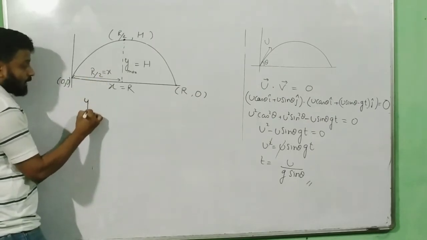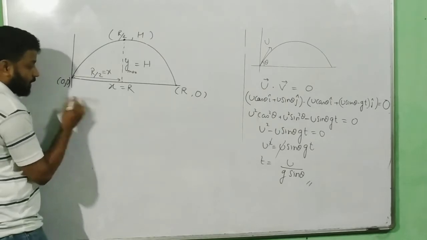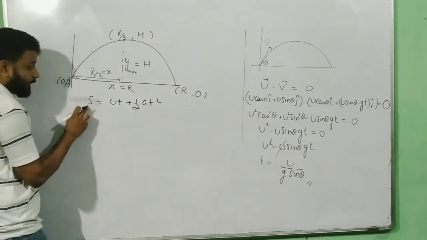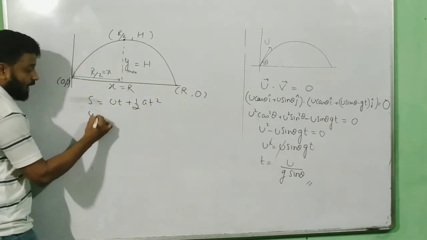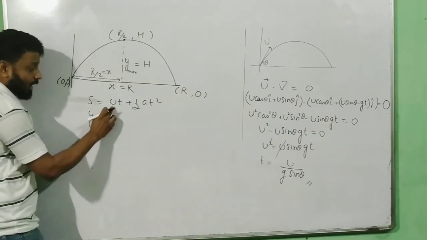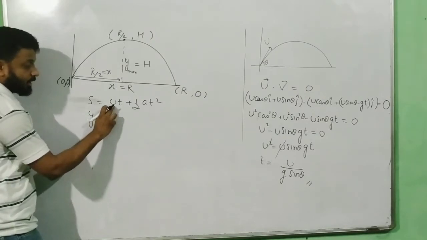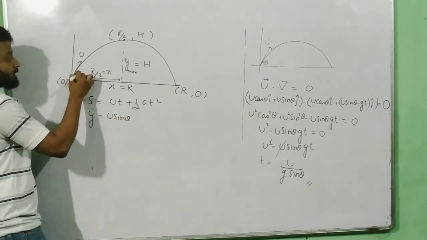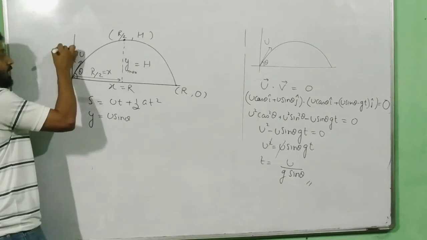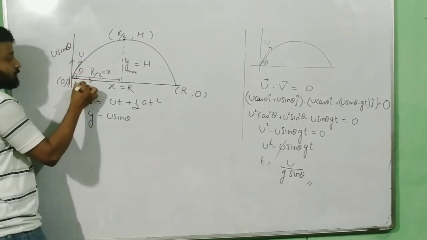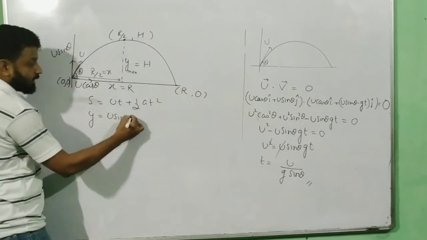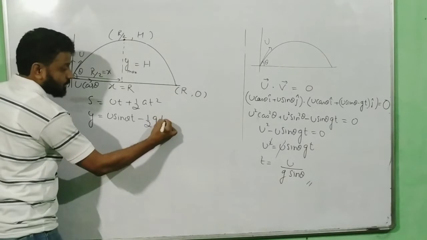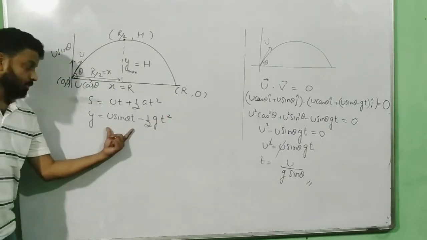Now we know the y coordinate system. If you remember the formula s equal to ut plus half at square, if I have to write this in terms of y, then y is equal to, using y velocity in the initial direction, u sin theta, because this is my initial velocity u, which makes an angle theta. So this component is u sin theta, and this component is u cos theta. So y equals u sin theta into t minus half g t square, since the acceleration along y direction is minus g. Hope this is clear to you.